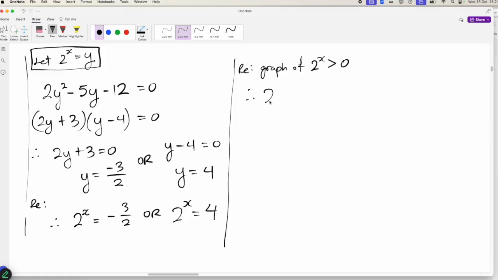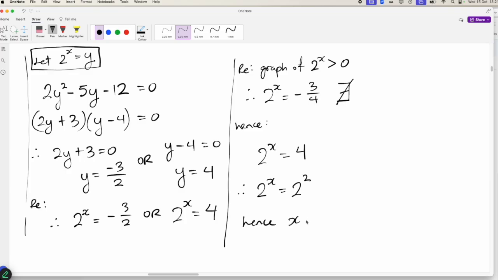Therefore, 2 to the x equals negative 3 on 2 does not exist. Hence, I now have 2 to the x is equal to 4. Therefore, 2 to the x is 2 squared. Hence, x equals